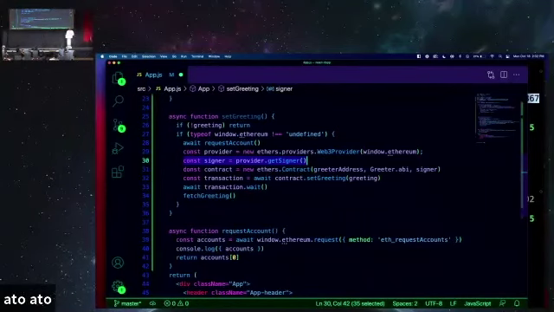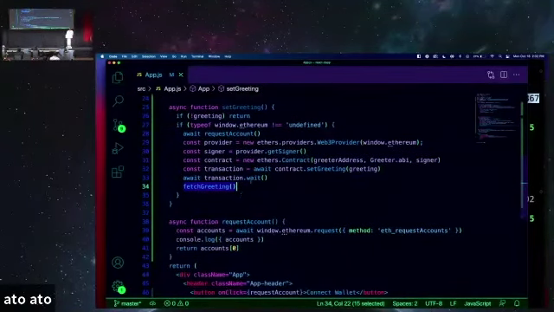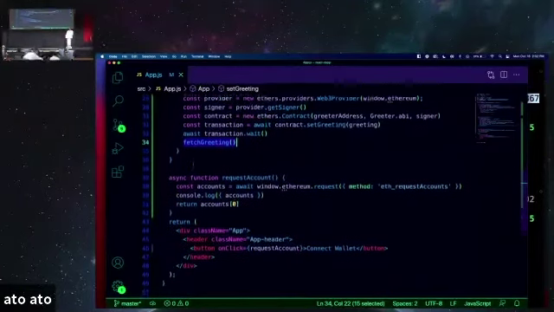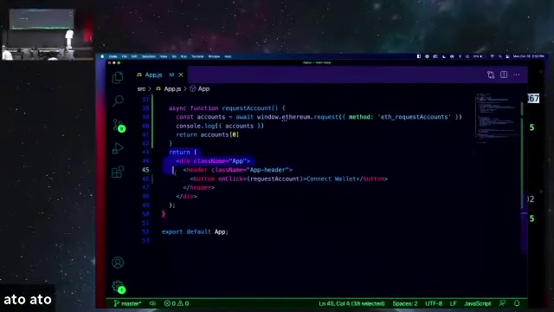So we get a signer, and instead of passing in the provider to the contract, we pass in the signer. And then we wait for this transaction to be approved. So we're going to call set greeting, and the user then gets prompted in their wallet to approve that transaction. Once that is approved, this continues to run. And from there, we just call fetch greeting again to get that updated greeting. So now that all of that is done, we can update our user interface